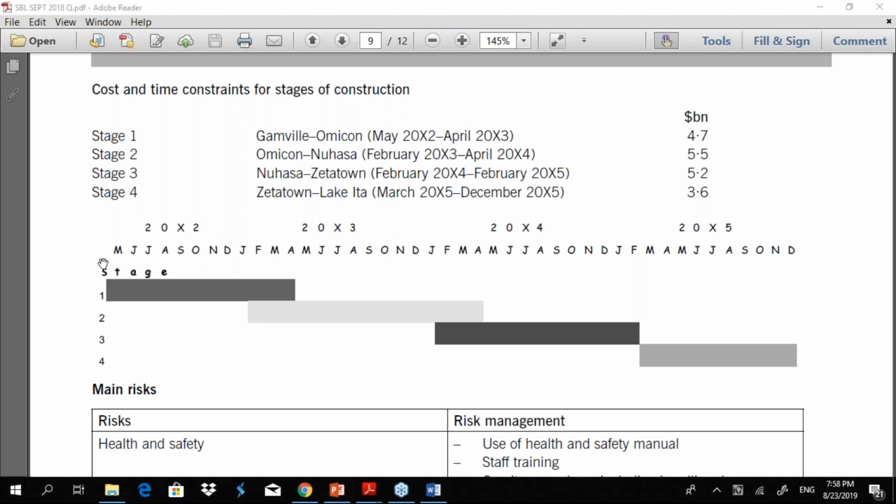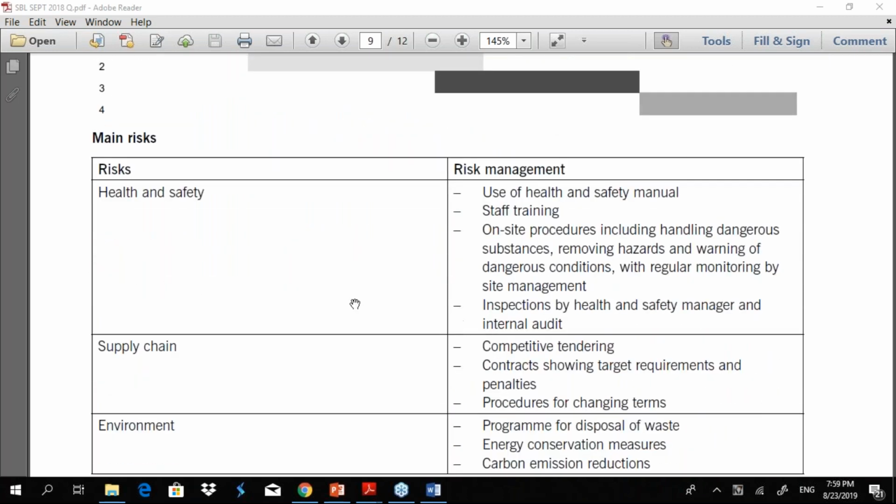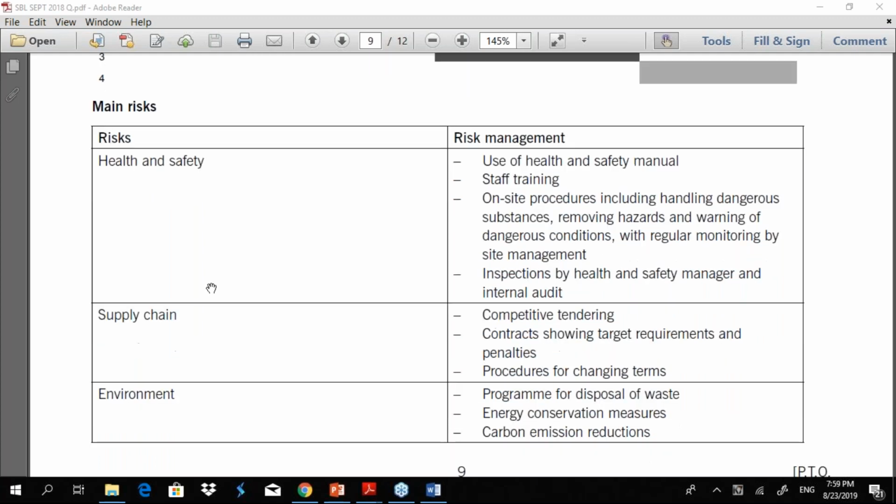For example, stage 1 is from May to April of 2012. Stage 2 starts somewhere Feb, and so on. Basically, this area is depicted here. And then the main risks and the risk management activities are given.